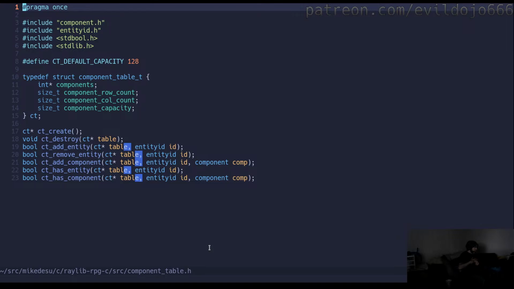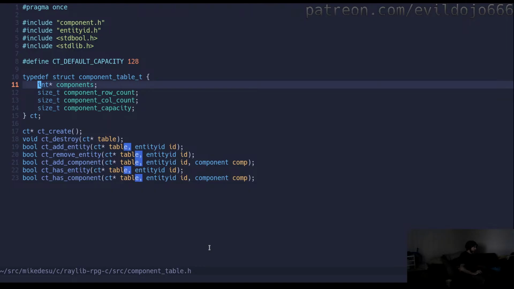What the component table actually represents is each column represents a different component or property on an entity. And while I'm storing integers here, realistically,